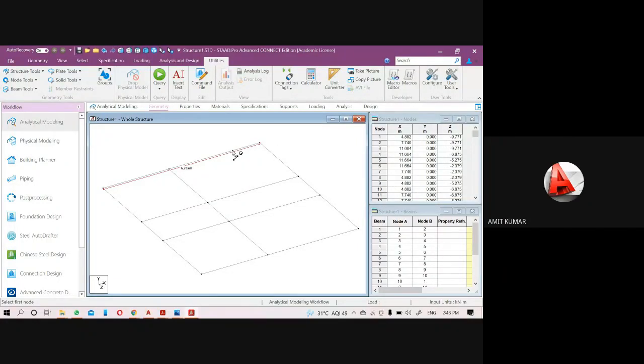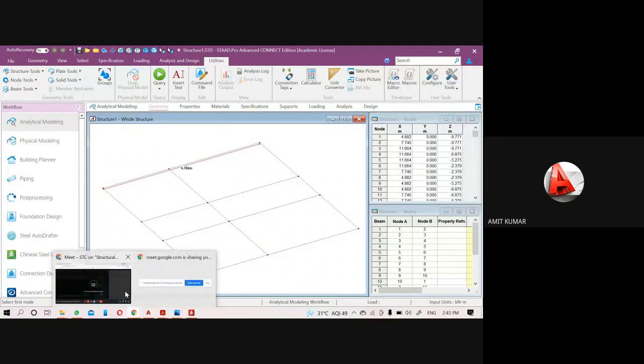Now we will convert the total values. The total dimension was 22 feet 3 inch. Convert the 22 feet 3 inch into inch only. It will be 267 inch.